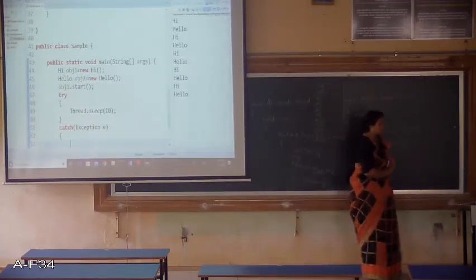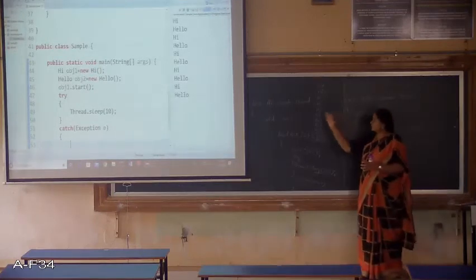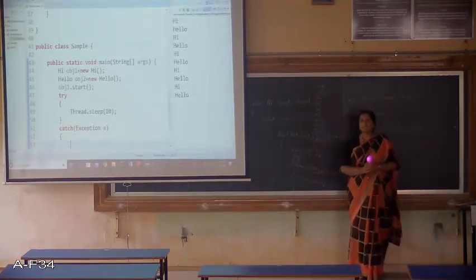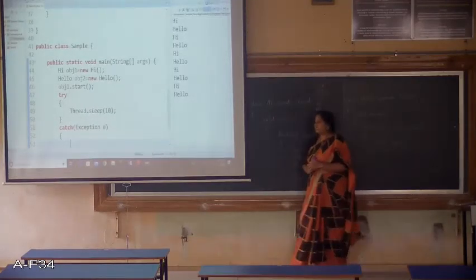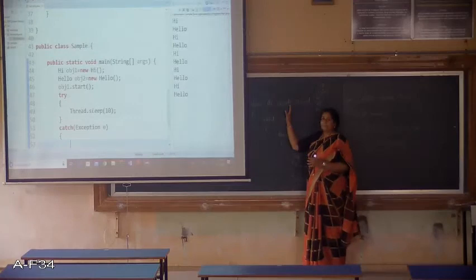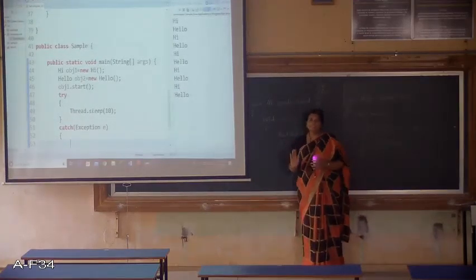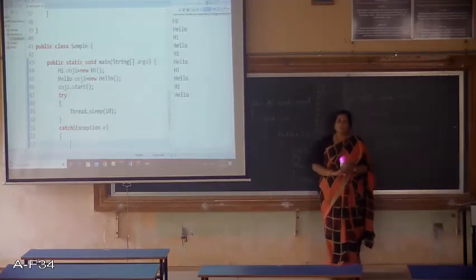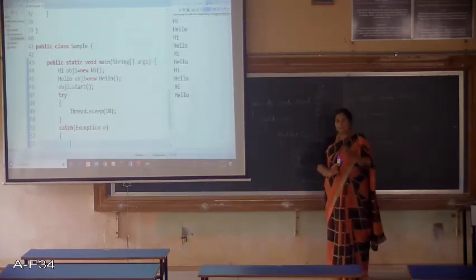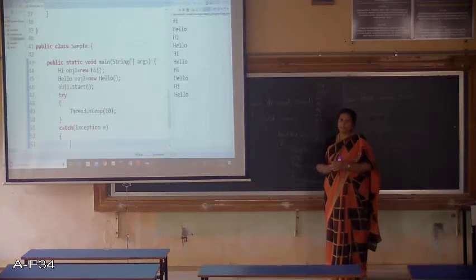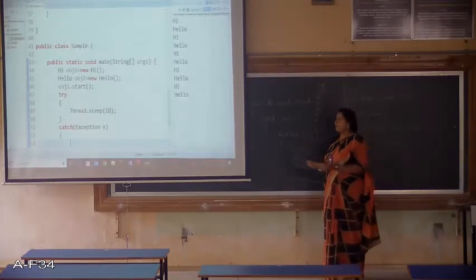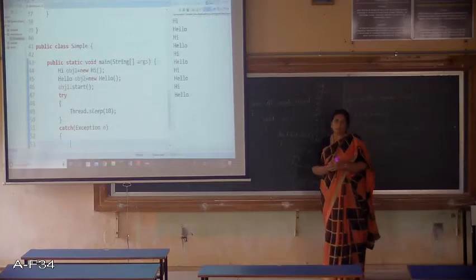So this is how the threads can be created. So now here we have extended the thread class. So we have seen one method, how to create threads using the thread class is discussed so far. We know that we have another approach, that is we can even create threads by implementing the runnable interface. So why do we need that another approach?